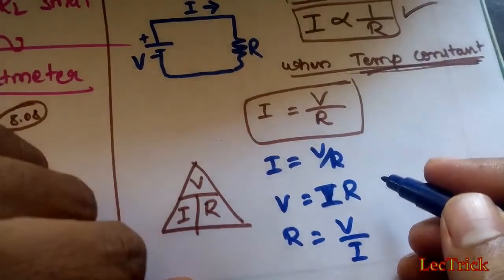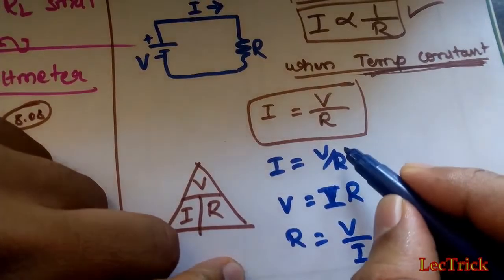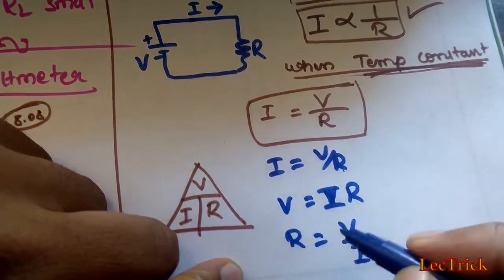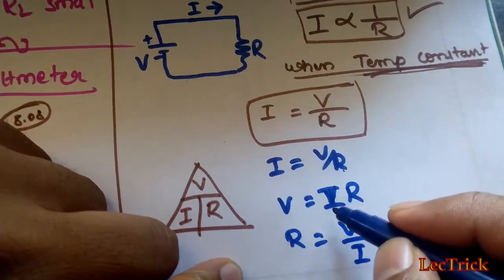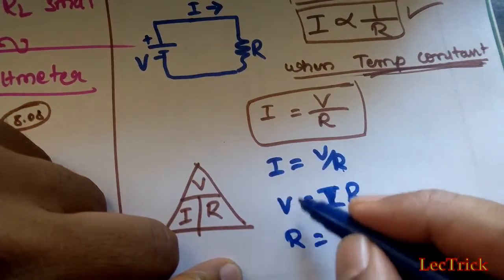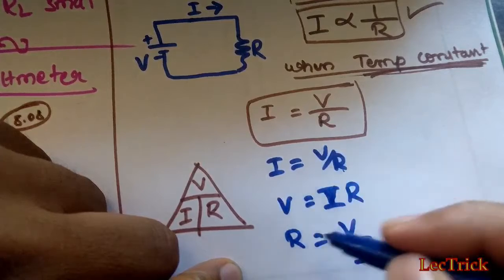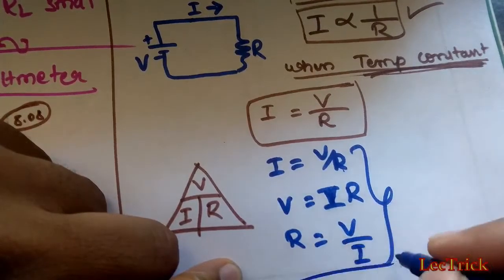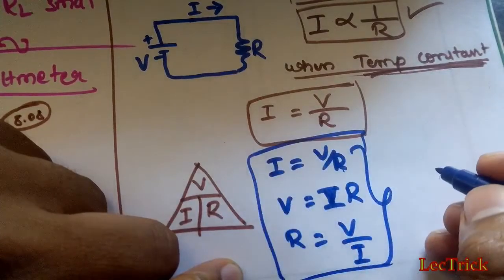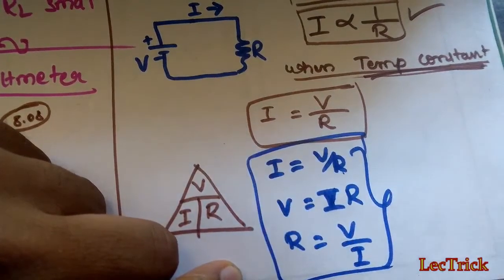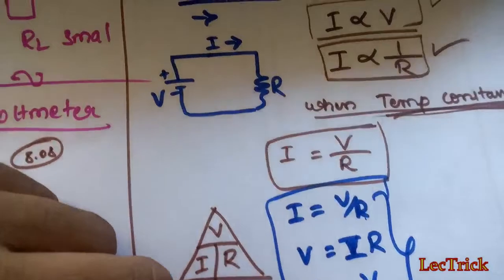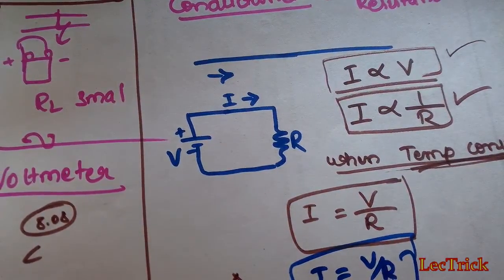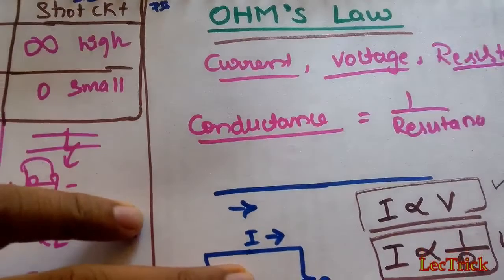Usually in questions or MCQ questions, they give two of these electrical quantities and we need to find the third one. Similarly, if they give resistance and current in the circuit, we can easily find the voltage. These are the basics, and this holds good under certain conditions. In the next video we will see Ohm's law limitations, how to apply Ohm's law, and we will solve some numerical problems for easy understanding.